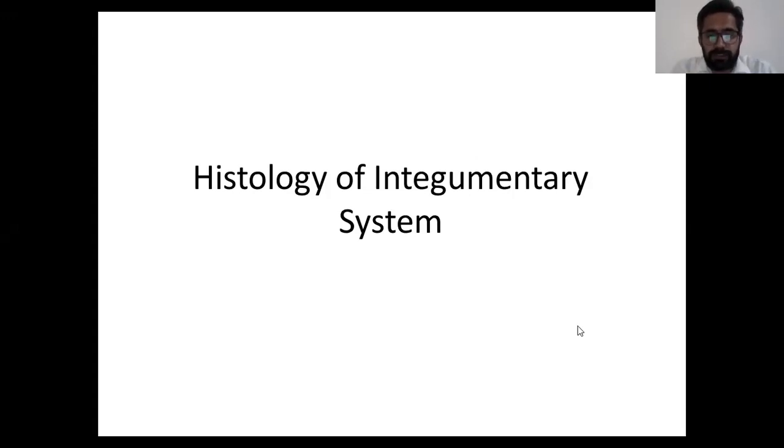Assalamu alaikum students. Today we are going to discuss in this session the first practical, which is about the integumentary system. The integumentary system basically consists of the organ which is skin, and skin is the largest organ of a living body. If we talk about the importance of skin, it is virtually the most accessible,